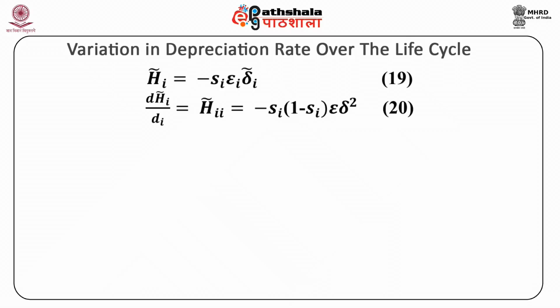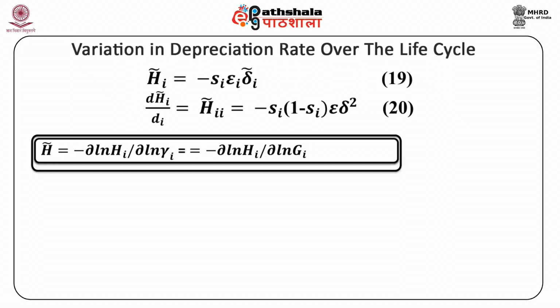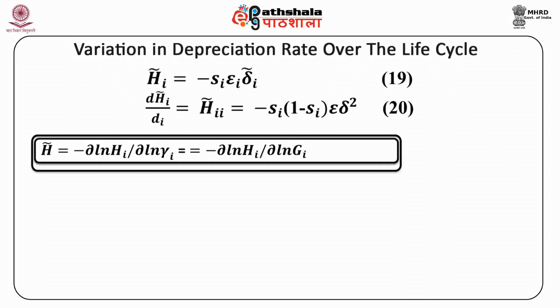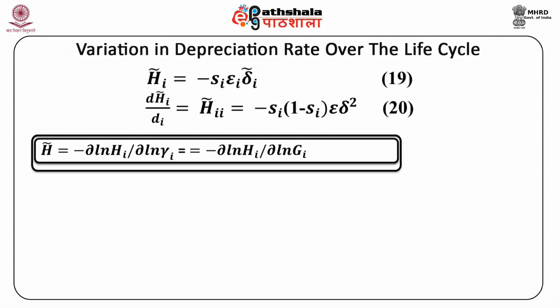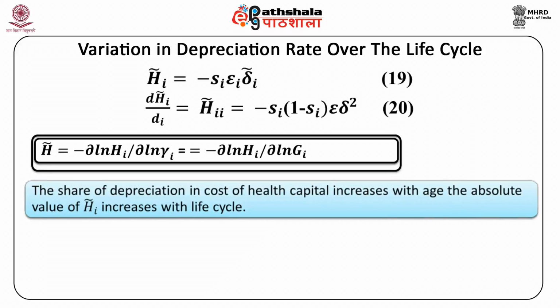Equation 20. Here H tilde is equal to minus delta log Hi upon delta log Yi, which is equal to minus delta log Hi upon delta log Gi. Si is the depreciation share in health capital cost. Since the share of depreciation in the cost of health capital increases with age, the absolute value of H tilde increases